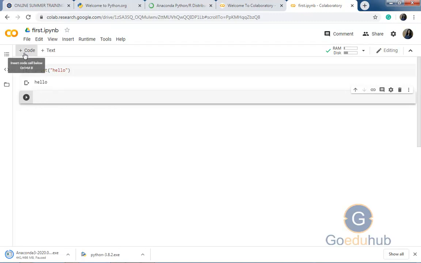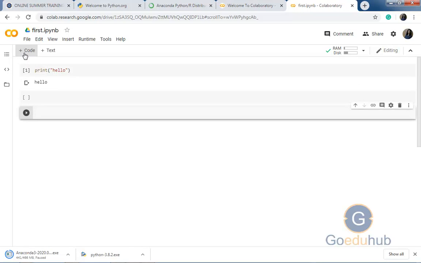And here I can write more code. If I want to add more cells, then I can click the plus button. Okay, and here you can code in machine learning. There are lots of libraries already installed in Google Colabs, and Google Colabs is basically used for TensorFlow. You can code in TensorFlow also here. Okay, so this is very simple. Here you do not need to install anything on your system. Just connect your computer to the internet and simply practice on Google Colabs. This is one choice to run a Python program.